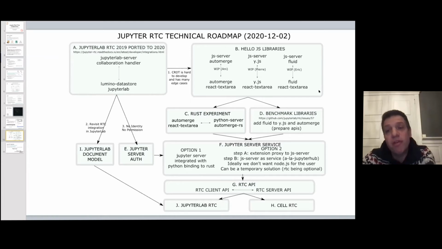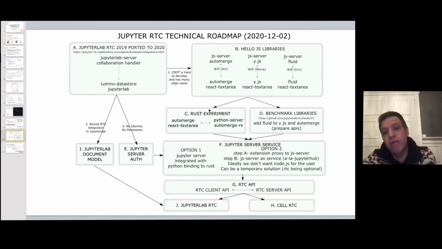What is interesting to see is that all those libraries need a Node.js server. It means that if you, as a user, maybe in JupyterHub it has less impact, but if you install Jupyter as a user on your local machine, you would need Node.js, and that we don't want to enforce. We don't want to set as a requirement to the existing Jupyter user to install Node.js on top of the Python stack. This is why once we have done step B, we're going to have a look at